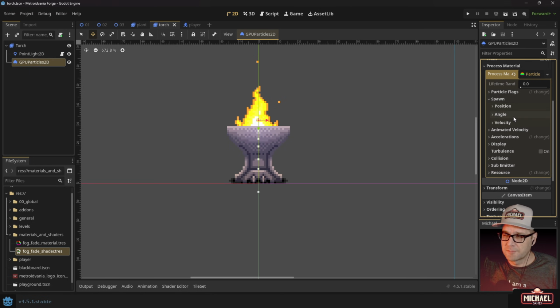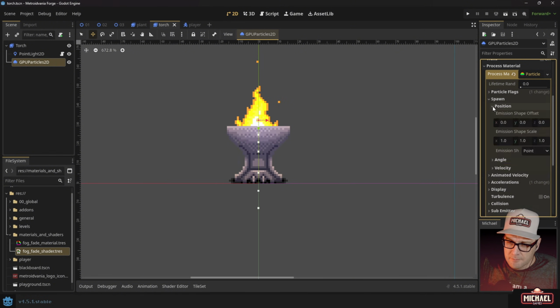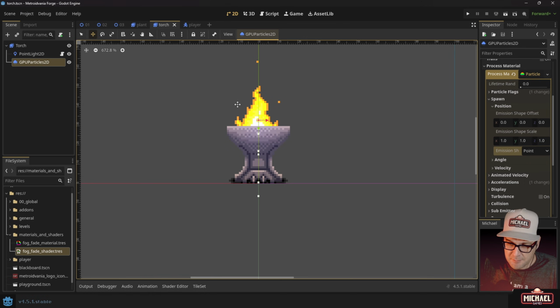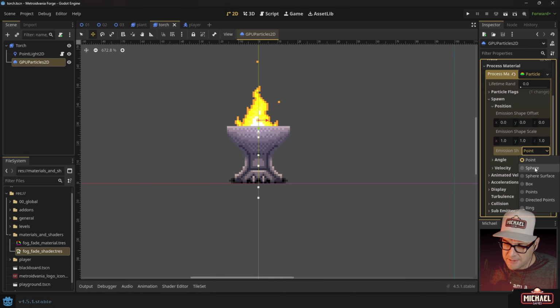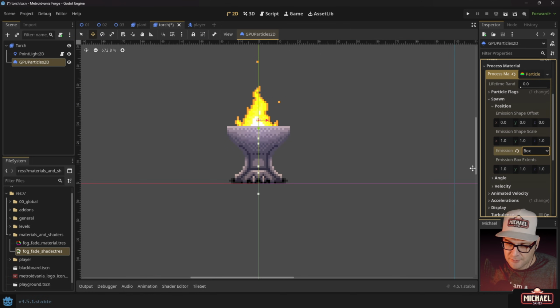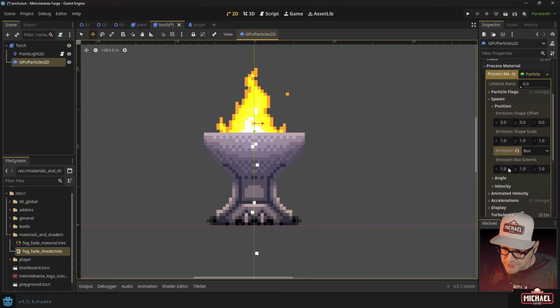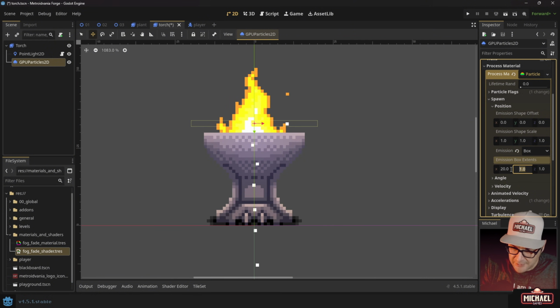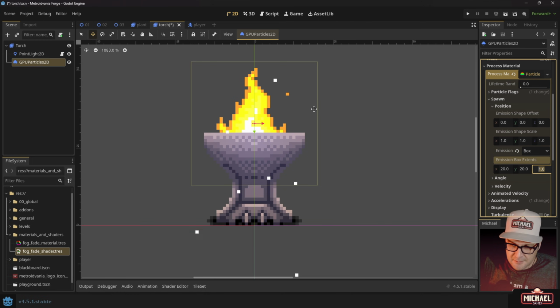Now, spawning refers to the particles as they're created, right? We want to make some changes in here. Now, one thing we can do is look at the position, and you can see that there's an emission shape offset and scale. And if we have a shape set, then that affects that. Right now, it's just set to point, which means it emits from right here. We could change this to something like a box, right? And then if we change the box size to something like 20 by 20,